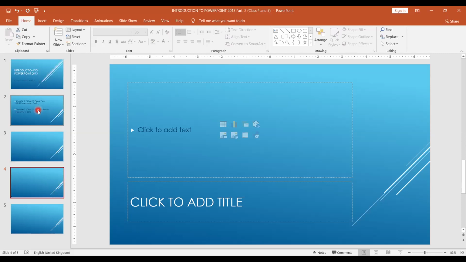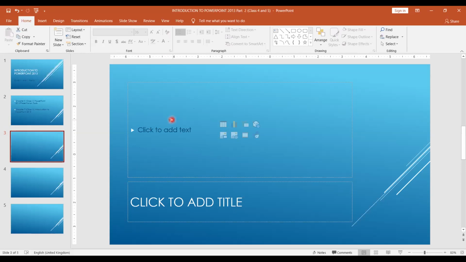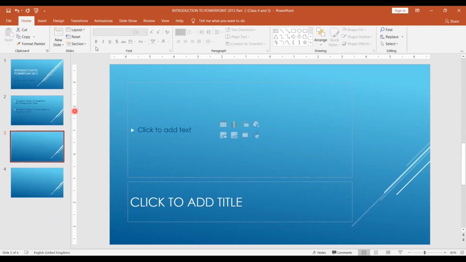Now suppose I want to rearrange, I want to bring this slide down here. Can you see? All this is done in the slide navigation pane. Now, suppose I want to delete this, I can highlight this and press the delete key. So you can delete also. If you want to insert, I told you, you can press enter, or from here also you can insert. I have told you many options. Then you have the ruler. Today I'm telling you the elements, means parts of PowerPoint. Now this is the ruler.